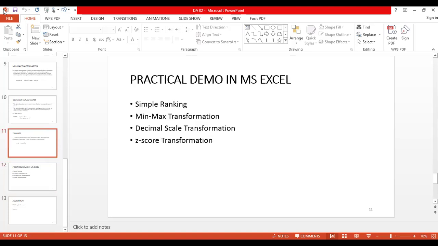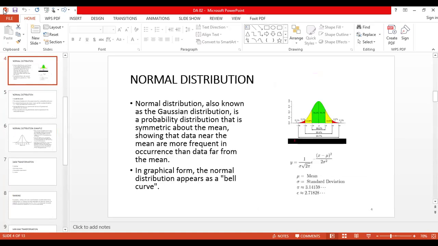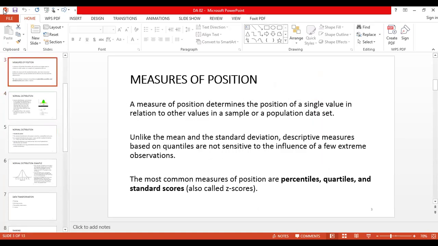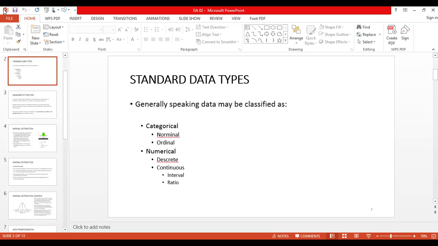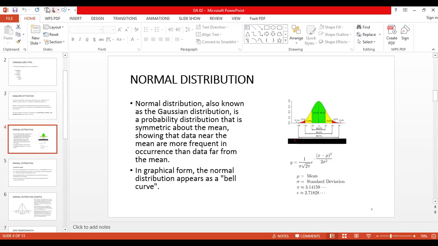Any idea? When you do a z-score transformation, usually, well, I wouldn't say that all the data will range from a certain number to a certain number, but you see that most of them,